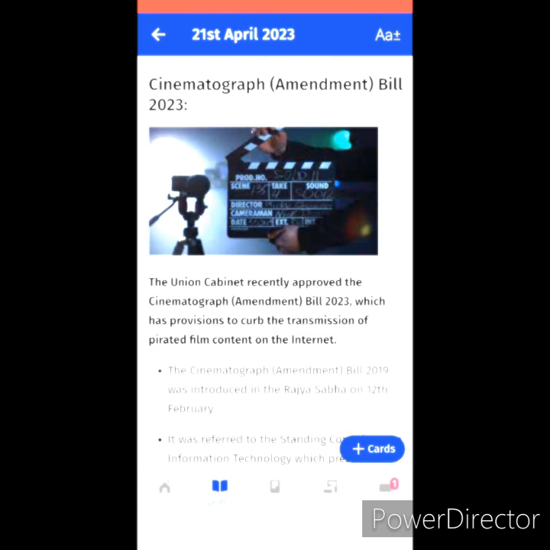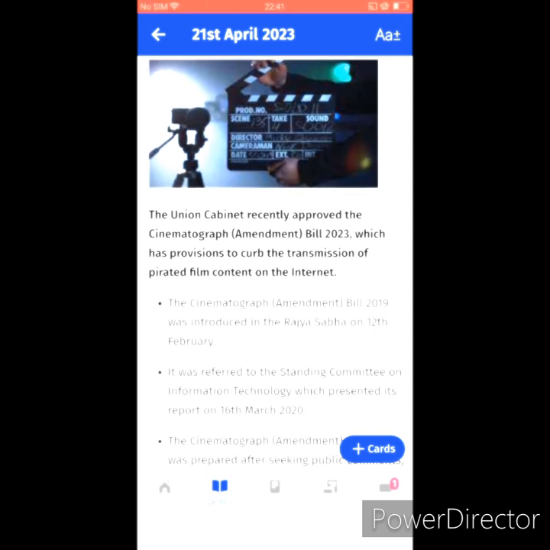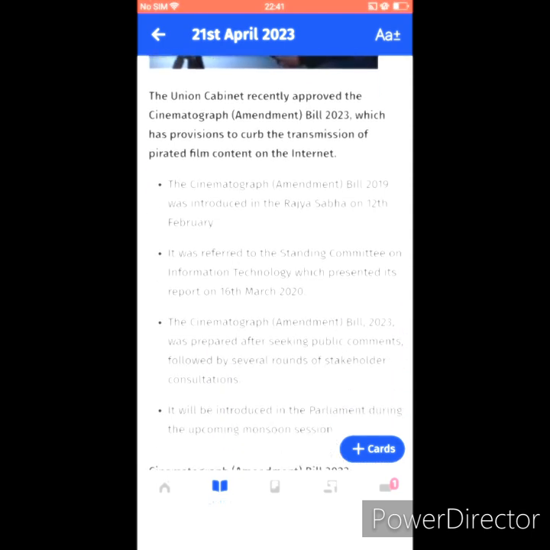Cinematograph Amendment Bill 2023, the very most important report. The Union Cabinet recently approved the Cinematograph Amendment Bill 2023, which has provisions to curb the transmission of pirated film